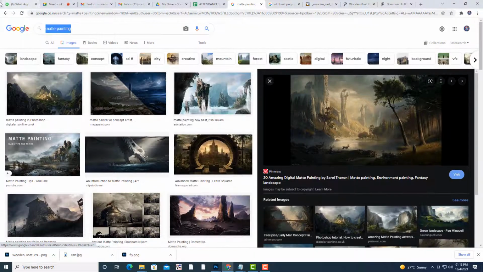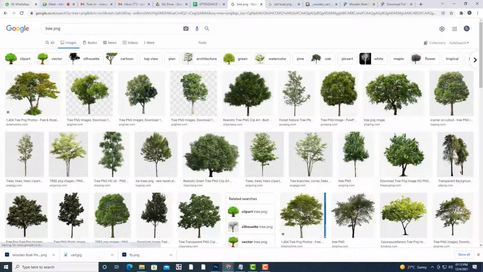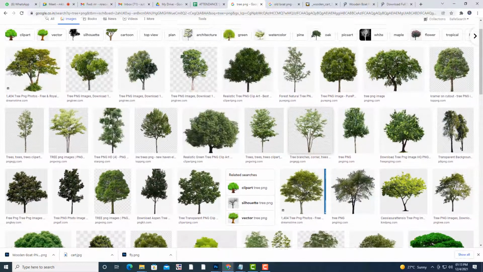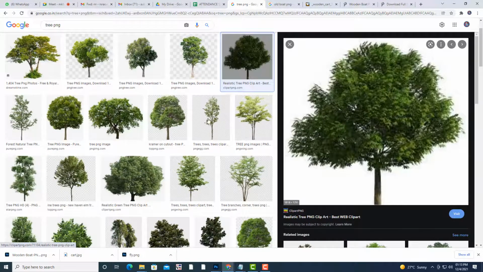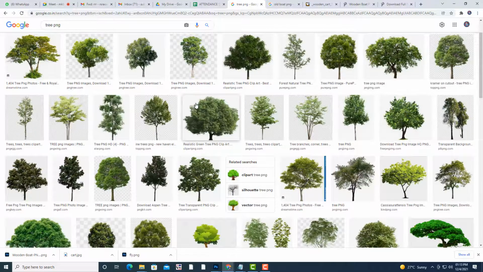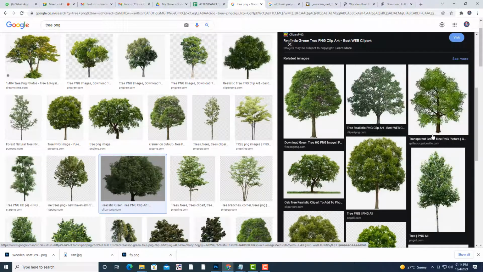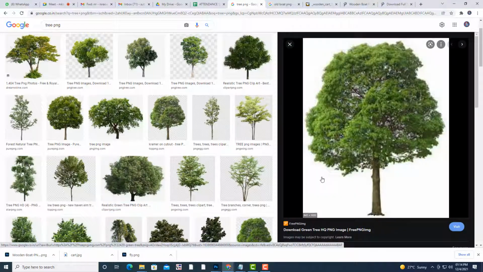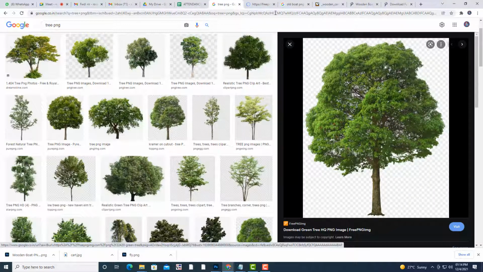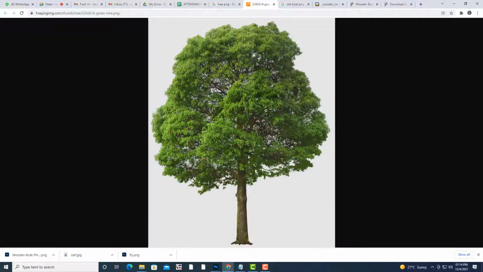So, tree. Okay. So we'll just take a tree. Wait a minute. We want a big tree. Big tree we want. Okay. This is better. Okay. This is the tree we got. I think PNG only.